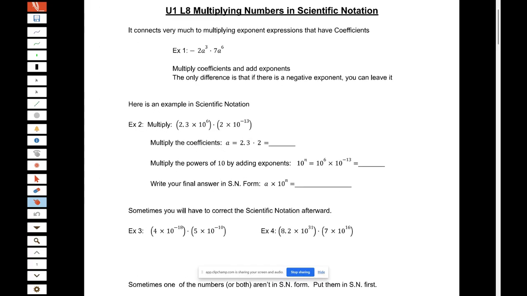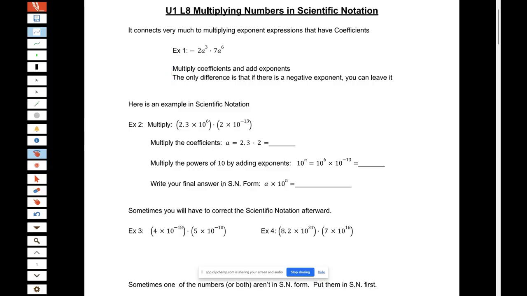All right, welcome to this video on multiplying numbers that are written in scientific notation. This will connect very much to what we did with multiplying exponential expressions because they have coefficients and then they have exponents. So as you will hopefully remember, when you are multiplying, you multiply the coefficients and then you add